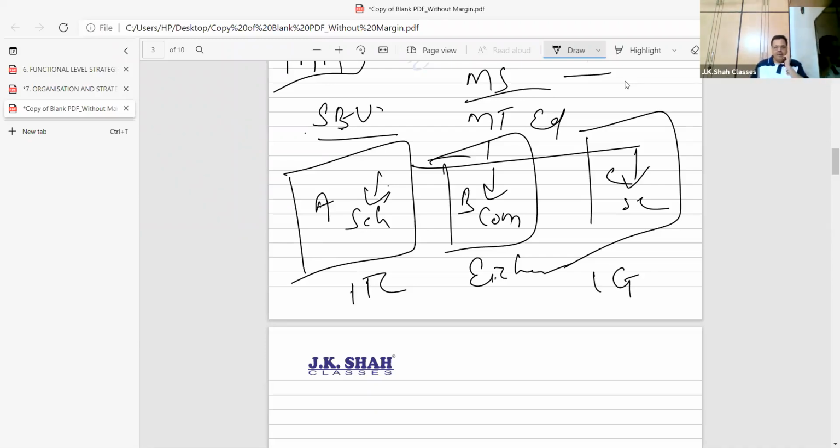ITC, if you remember, I said once, ITC makes Sunfeast biscuits, digestive biscuits, Yippee, Bingo. So these all are not looked at in different divisions, but they are all clubbed together in one SBU. There is one particular division which makes Fiama Di Wills, and there are different types of soaps. They also make Vivel soap. So all of that they've kept in one FMCG division. Cost becomes less. SBU structures. This is clear.